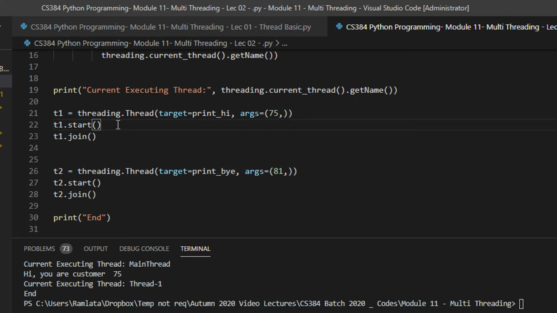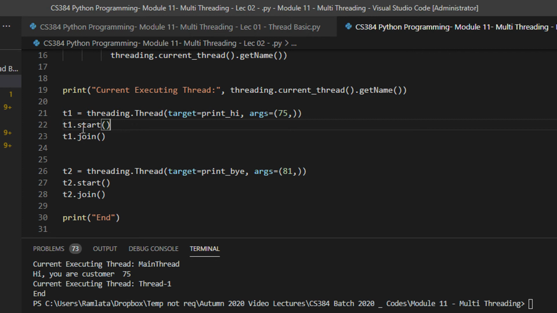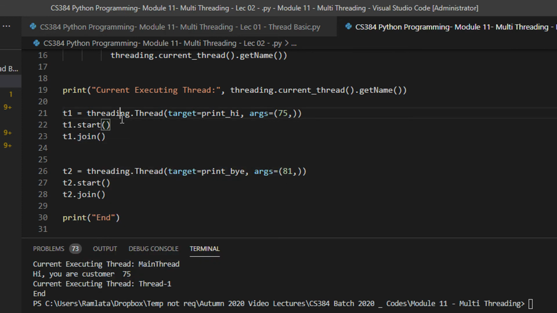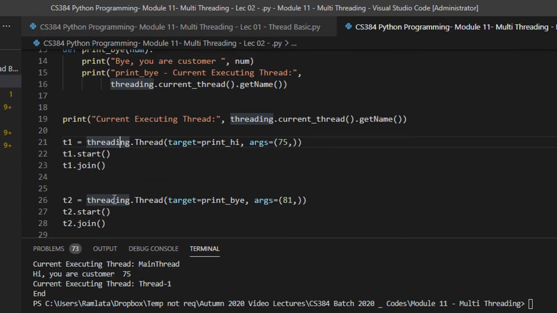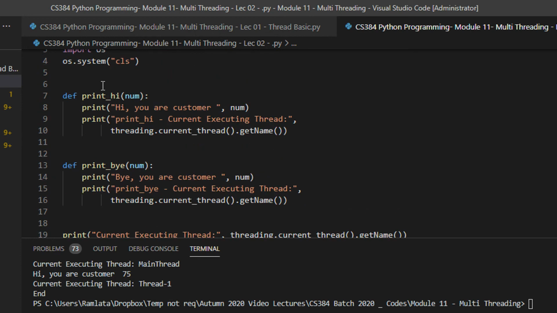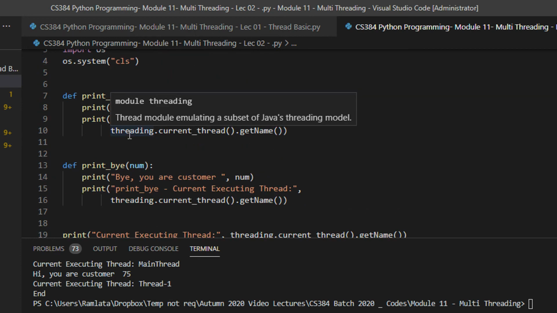Whenever you want to execute the thread, you need to write t1.start, and t1.join, just to ensure that the thread is complete. In this process, the thread is initialized and then executed. For this start, it will go to this function and execute the entire function.